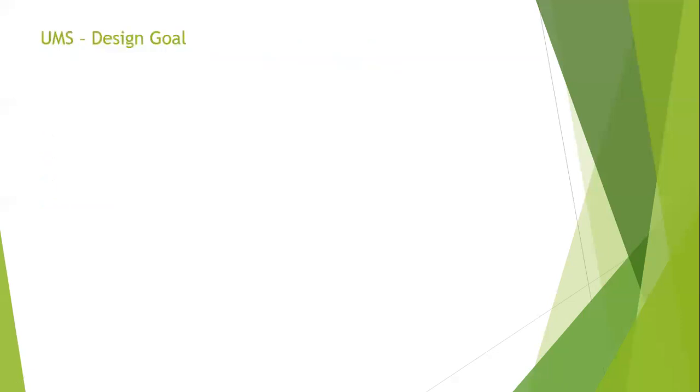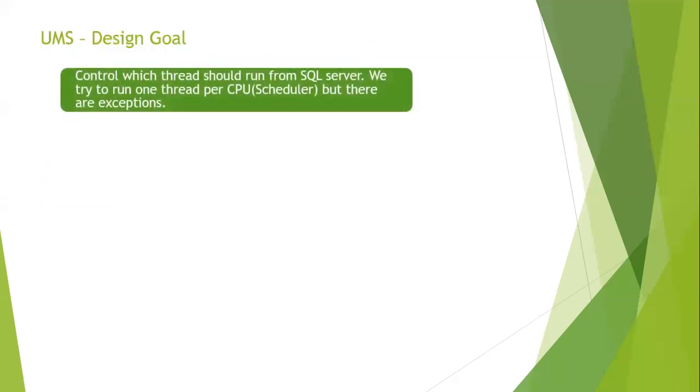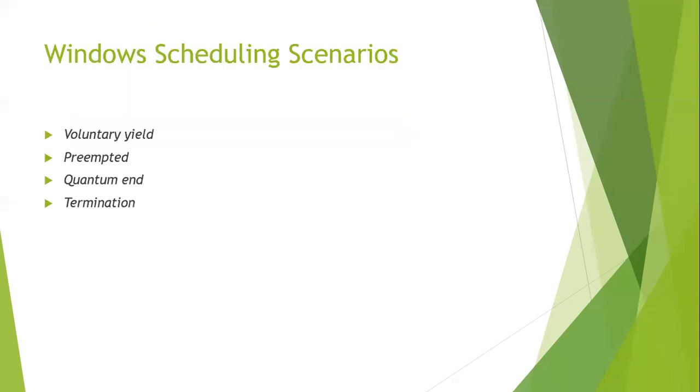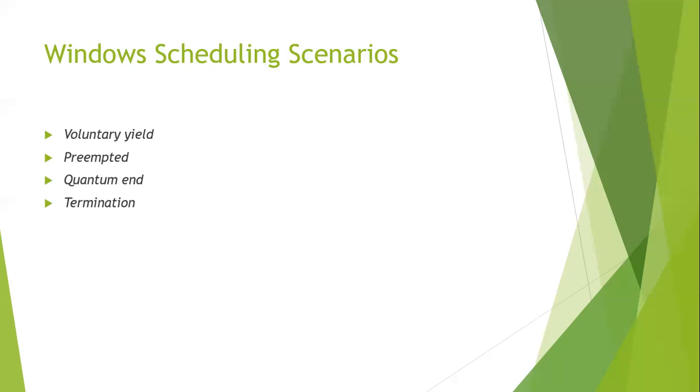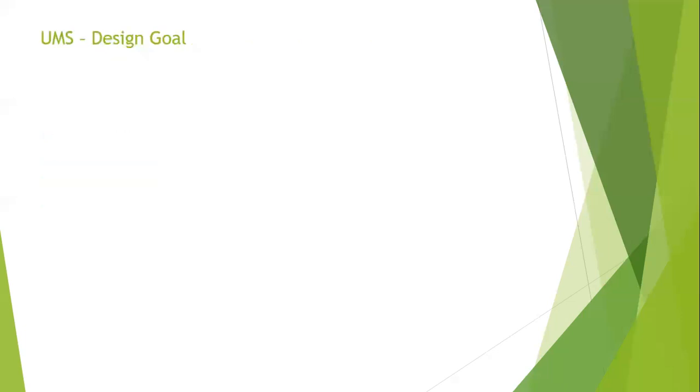So then what is the main purpose that we have UMS? Until this point, everything is working fine. Why do we need UMS? What is UMS? UMS is nothing but user mode scheduling, right? Until now we discussed Windows level scheduling, how that works, when the thread will be scheduled on the CPU and when it will come out of the CPU, which is taken care of by the Windows operating system. So why do we need our own scheduler